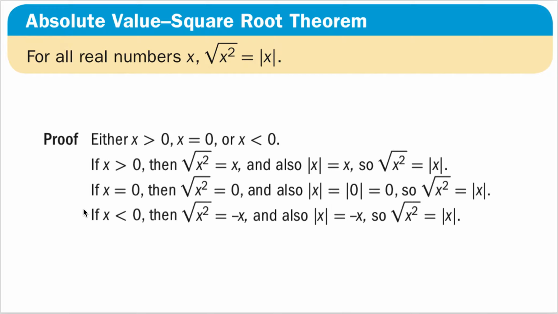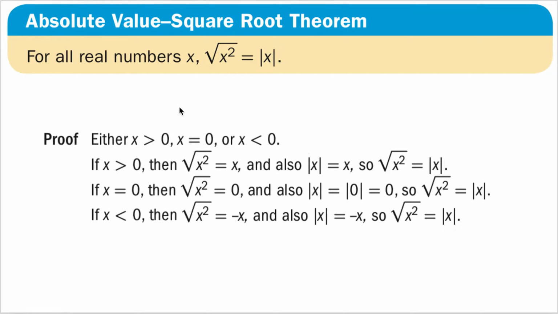We are trying to prove the third scenario. When x is smaller than 0, then the square root of x squared is equal to minus x, and the absolute value of x is equal to minus x. Minus x is equal to minus x according to the reflexive property. But we know here minus x is equal to the absolute value of x, and minus x is equal to the square root of x squared. Then we are using the substitution property of equality, so the square root of x squared is equal to the absolute